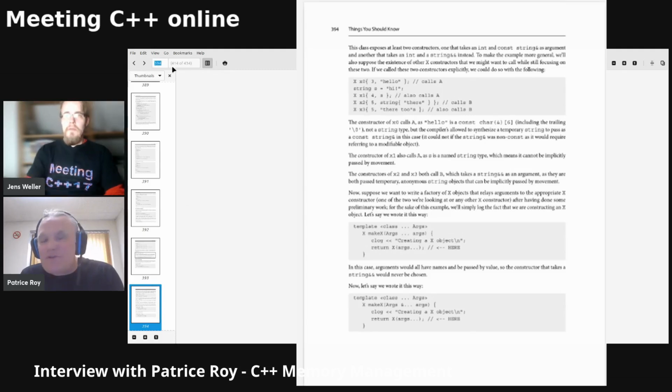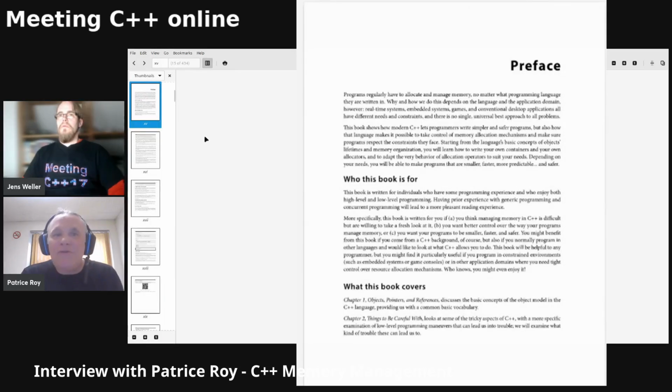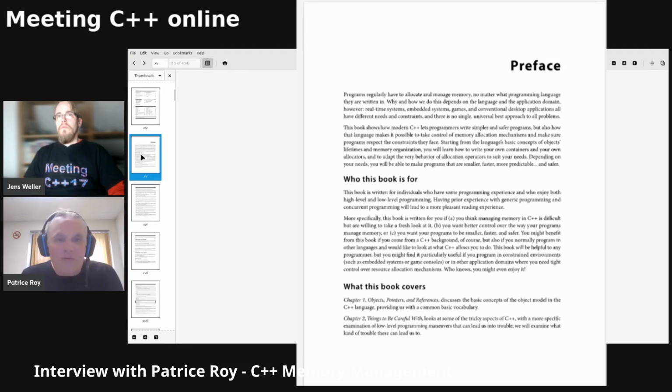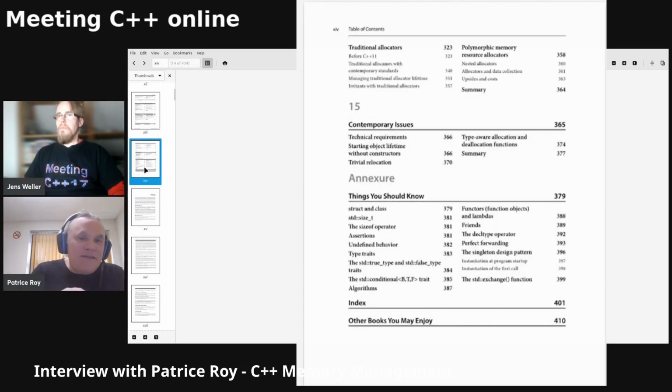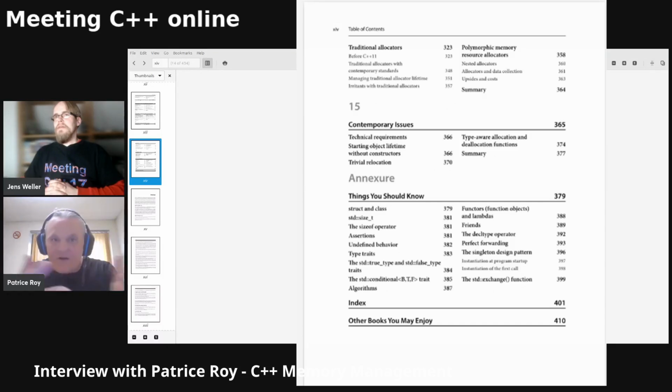The contemporary issues chapter is a bit shorter than the others because it's stuff that is either in the standard but not implemented by anyone yet, as far as I know, or will be in the standard in some form soon. It happens that some of the aspects are like trivial relocation. We just voted it in at the February meeting of the C++ standard. So now we know what form it's going to take, essentially. But when I wrote the chapter, I was almost sure where it was going, but we still had competing proposals. So these are things that you will have to read more on to really know what's going on, but at least you'll know it's there.